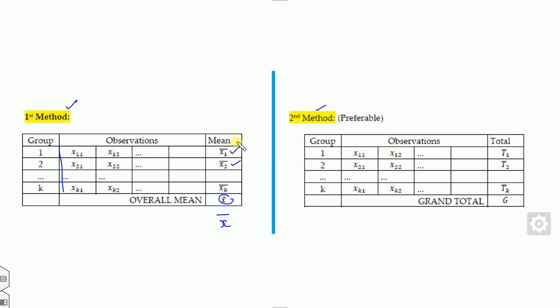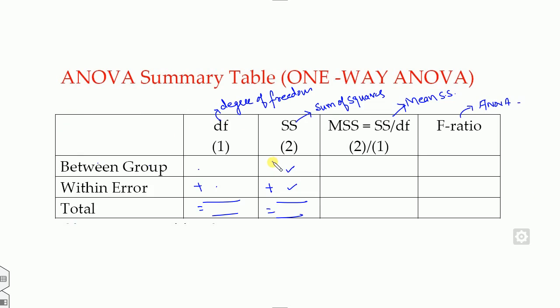Here, instead of the mean, I just calculate the total of the first row, called T1, the total of the second row, the total of the third, up to the total of the k-th row, and G is called the grand total of all these elements. You can also say it is nothing but T1 plus T2 and so on, the sum of this series. Okay, so then the question arises: how do I calculate these values?